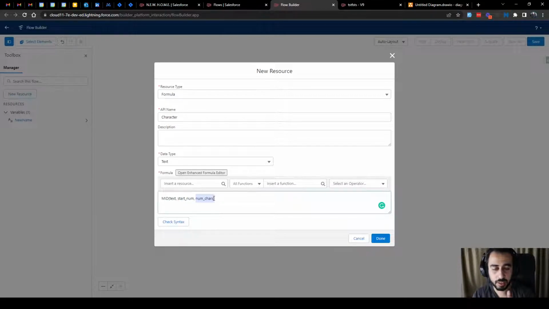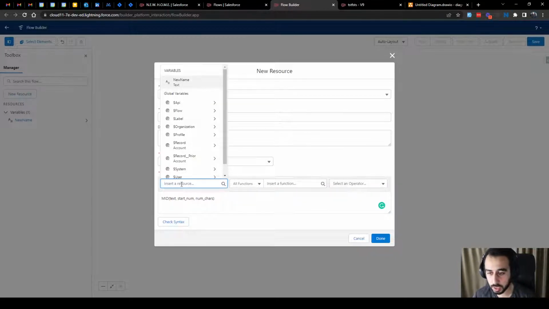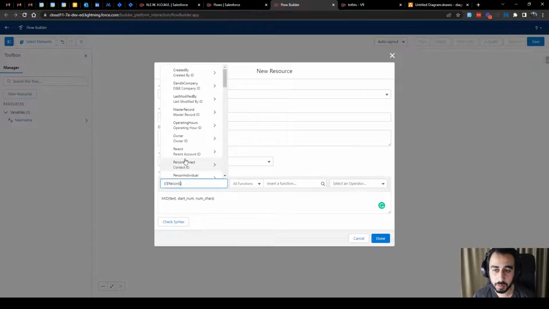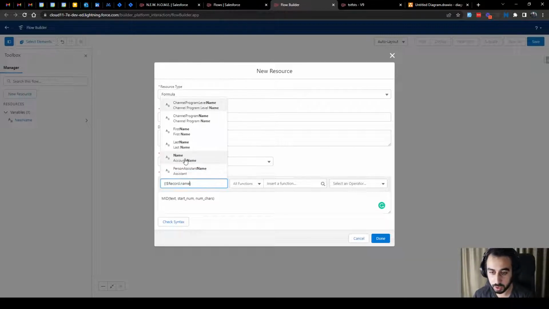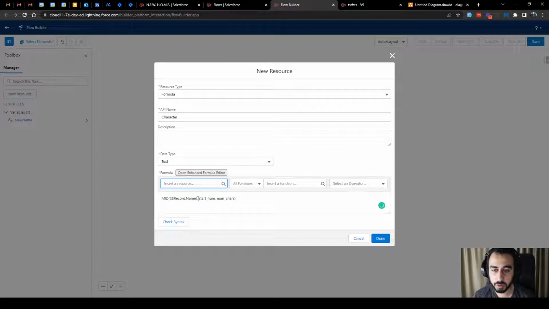So it's going to take 6 and 7, or maybe 5 and 6. I'm not sure. I think that's 5 and 6. So it will start at the number that we specify here, and then it will take how many characters we specify here. In our case, we need to take the record name, the account name,